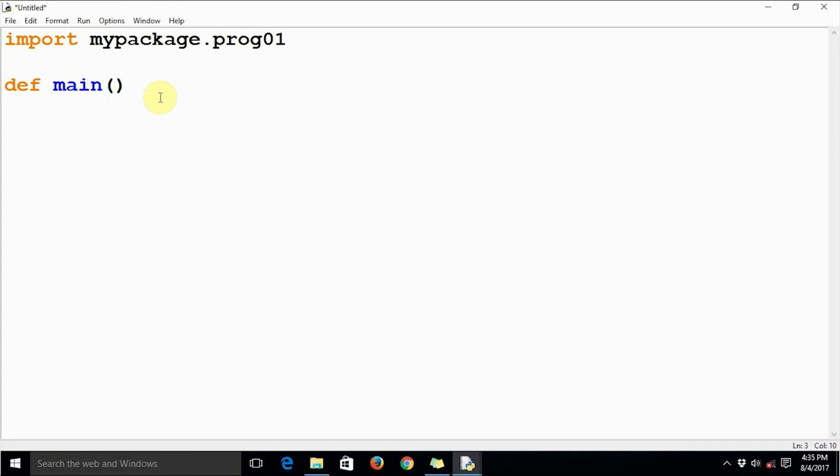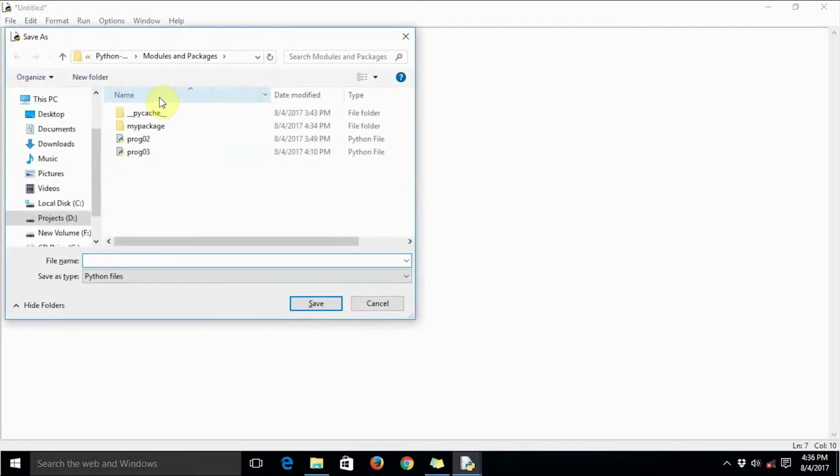Let's write the code of main later on, and first have if __name__ equal to __main__, and just say main. Let's save it as prog04.